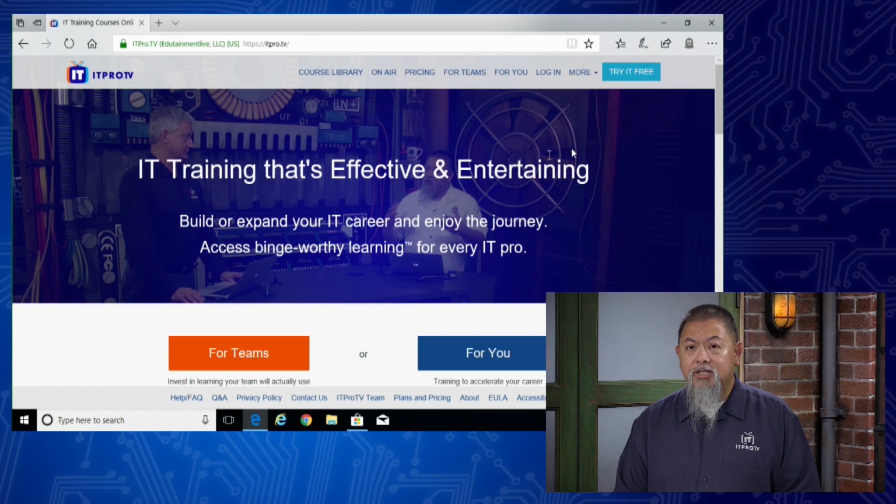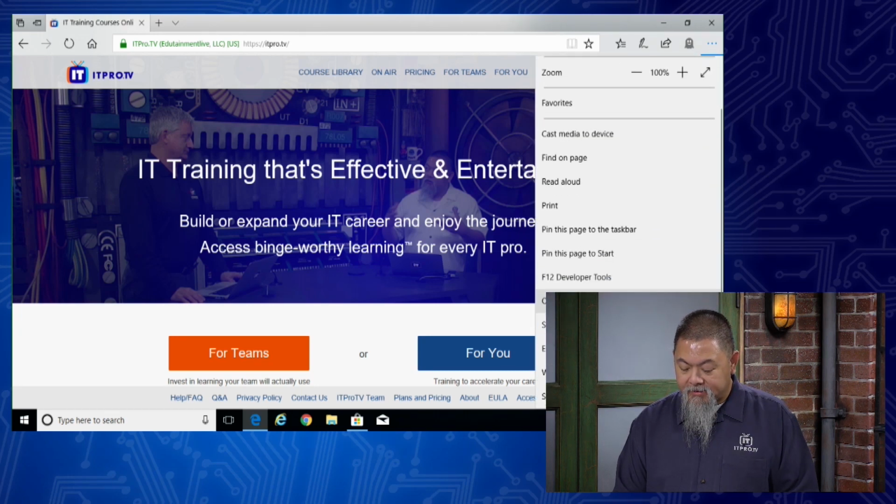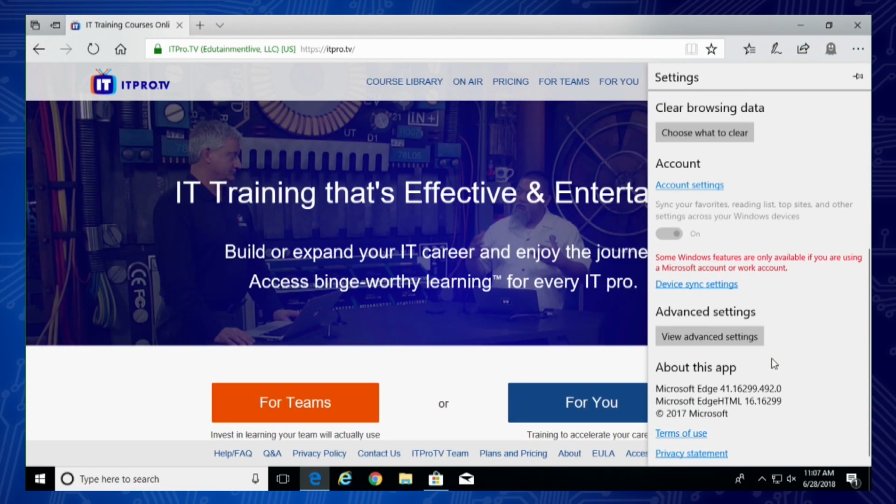So once again, I'll use Edge to help us out as well. To do this, if I click on the button again, I can scroll back down and I'm looking for that settings option. So you're seeing where there's actually something that's going to do that.